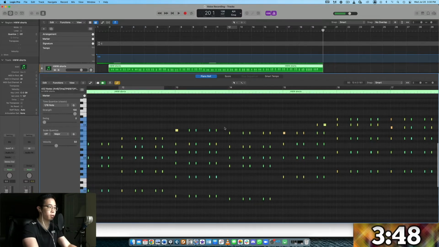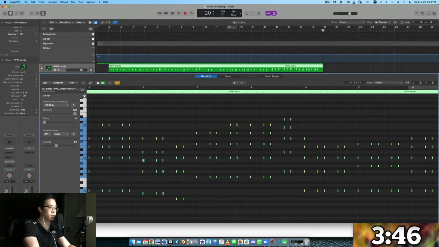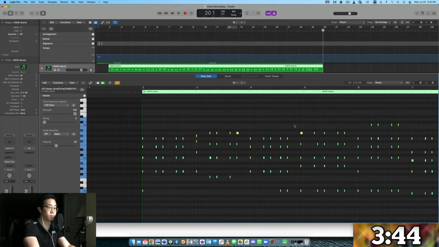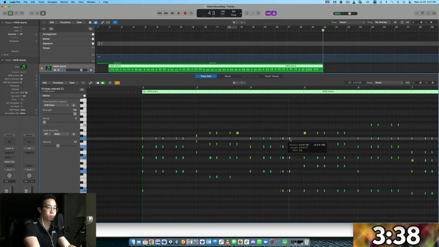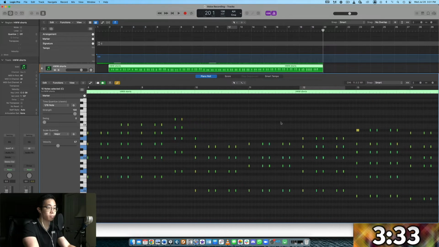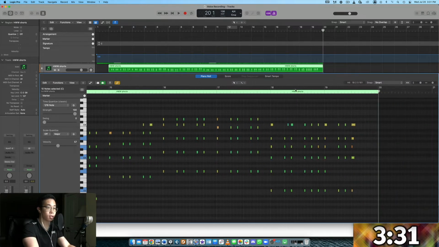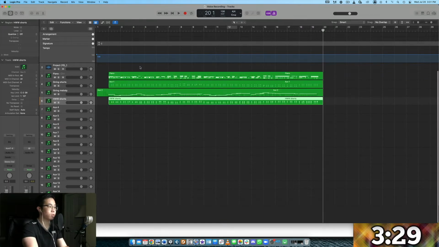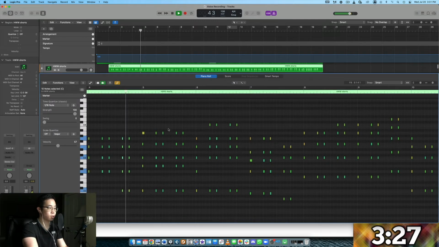Kind of cheesy, but you get the idea. I think these notes are pretty much in time. Not this one. Come on, Chris, why can't you play in time? You're a pianist, you're supposed to be good at this stuff. Technically, that makes me a percussionist, right? Okay, yes, I think that's fine. Okay, good. So in terms of the notes, I think